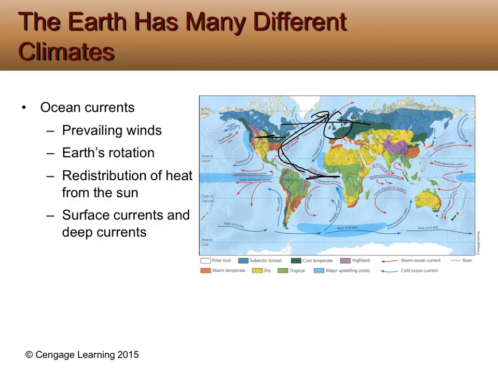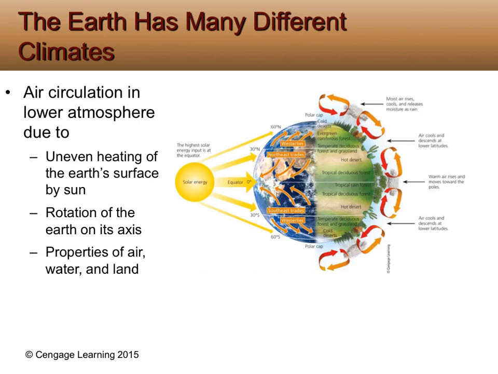I'll show you a slide on that in a second, but at the equatorial region, it is the most direct sunlight constantly, and surface temperatures and deep currents actually help drive all of this. There are many factors that drive our wind or our air circulation patterns across our planet. Three of them are listed. First one is the uneven heating of the Earth's surface. So if you look at this picture, the equatorial region, of course, year-round gets the majority of the sun.